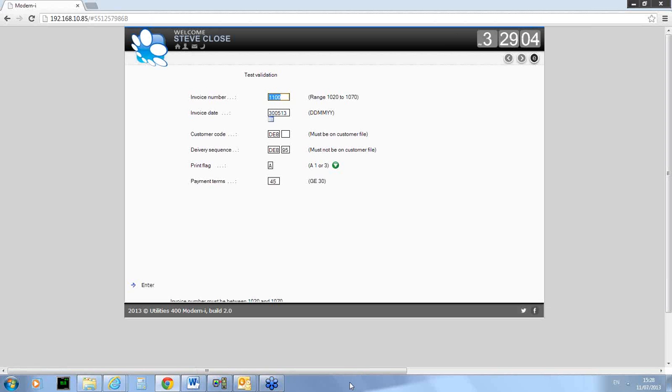get rejected before it's even gone into your application, so you can't quite see the message there. My template is not very good. But it says invoice number was between 1020 and 1070. Sorry about that, the resolution of my screen. But you get the picture. And if I just put the number back so it passes the check, I'm going to have to go onto